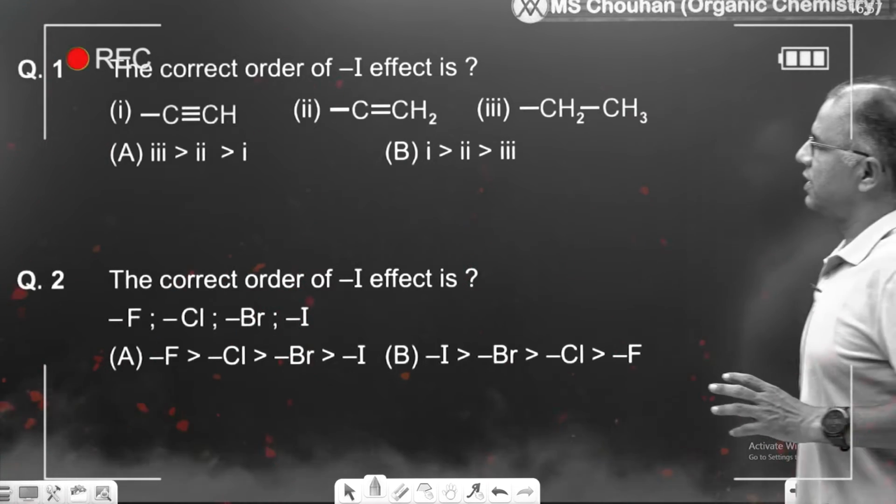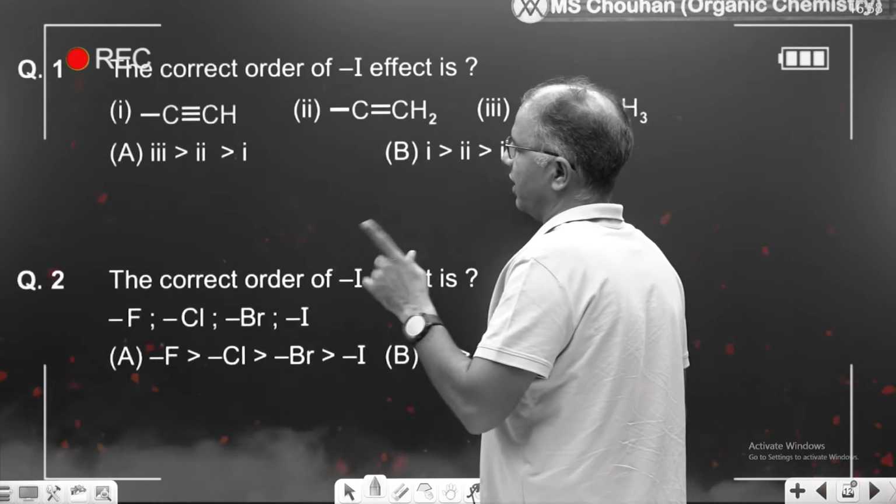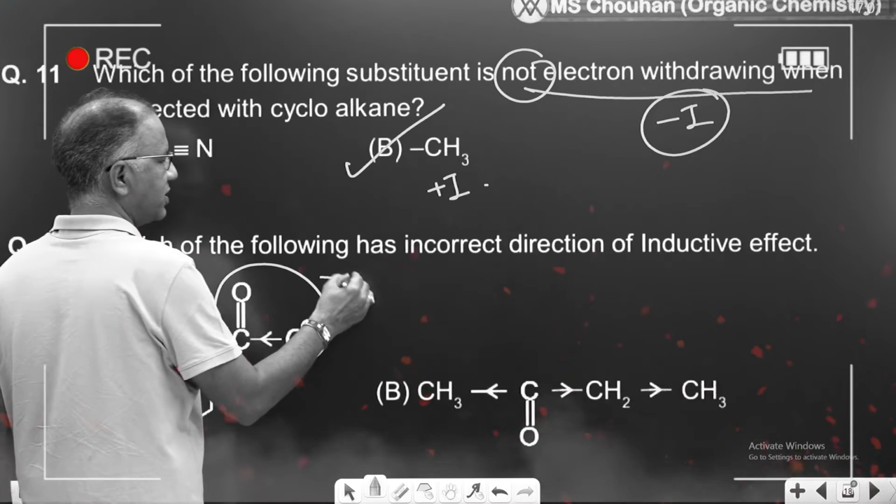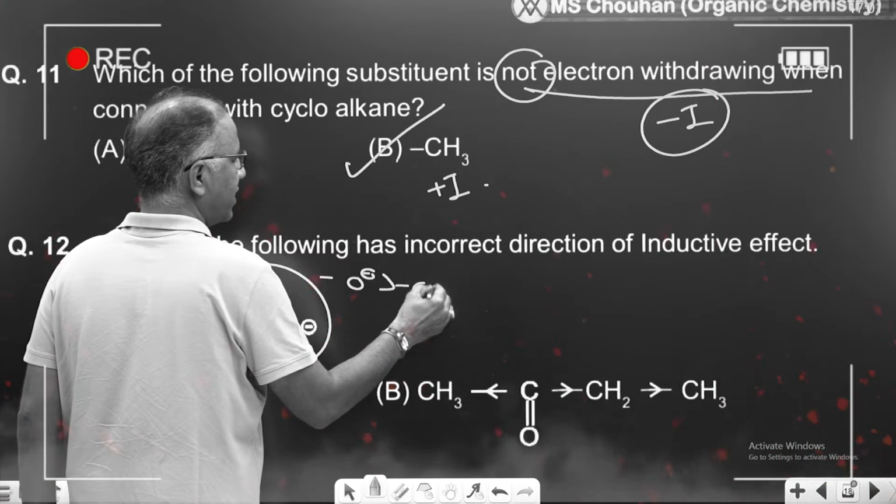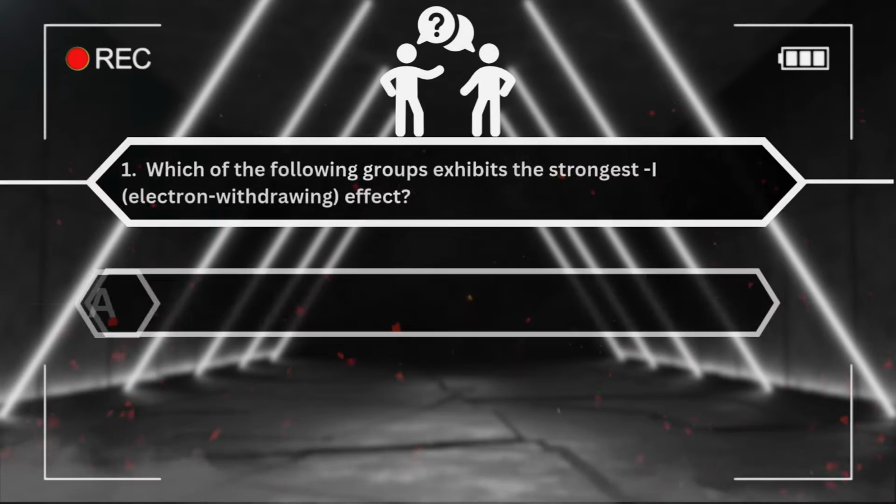There are two options, A and B. Out of the two options, we have to select one option. What is the order of plus I? First is O minus, then there is CO2 minus, then there is a